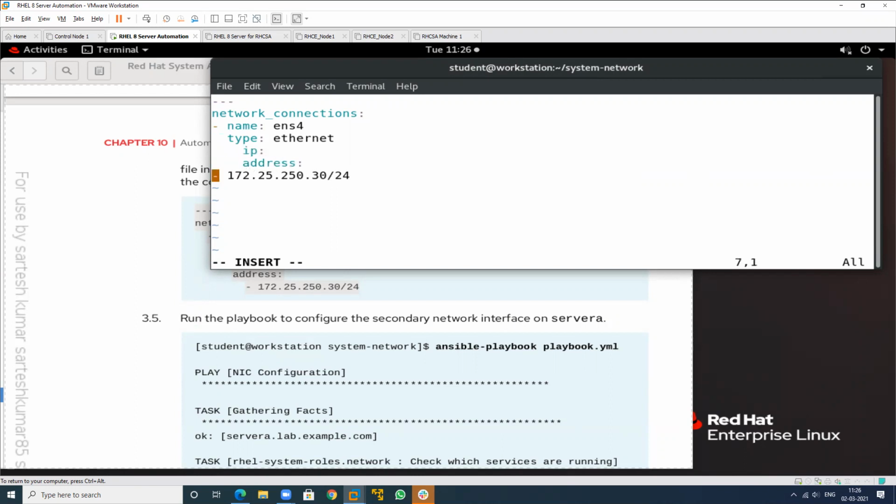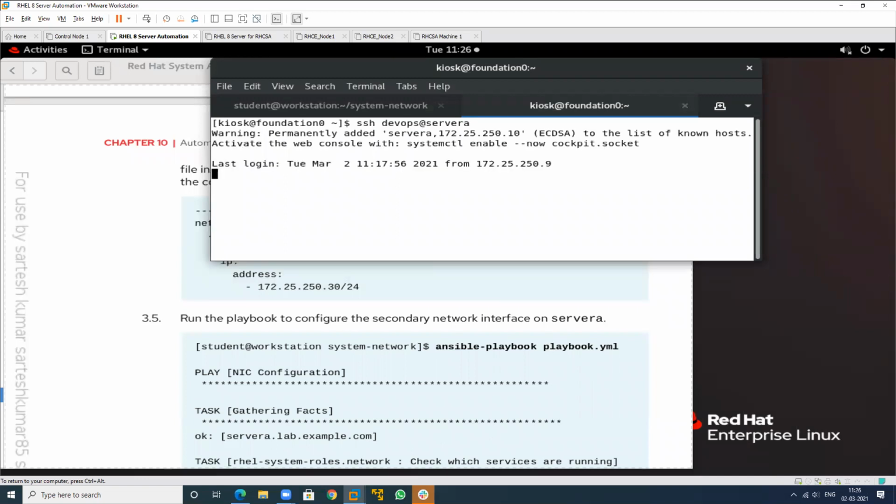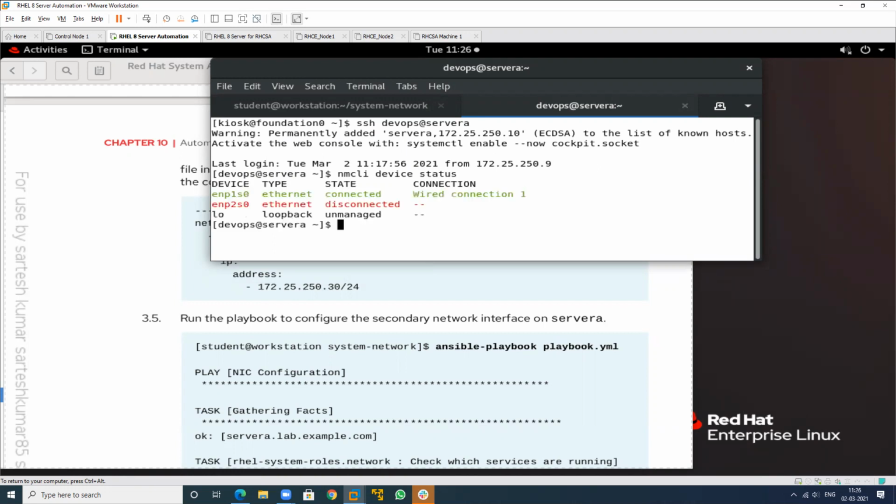IP address. But here we have to change this particular value, because in my machine the name is different. nmcli device status. What is my device name? That is ens, this one.